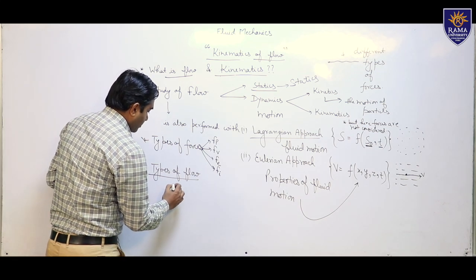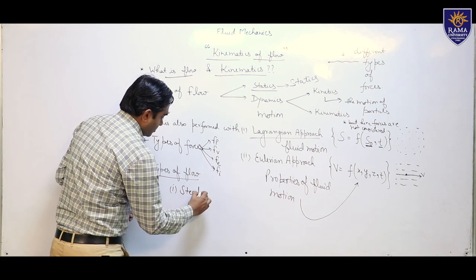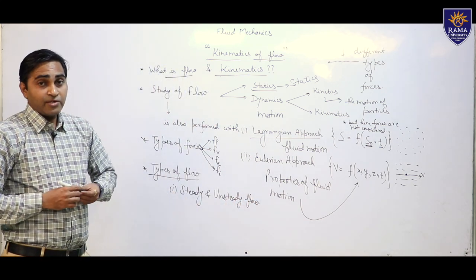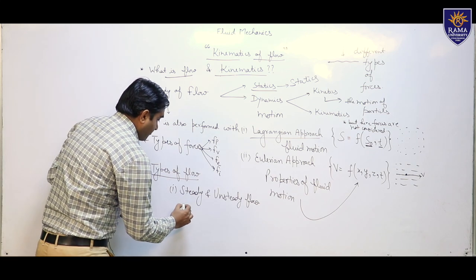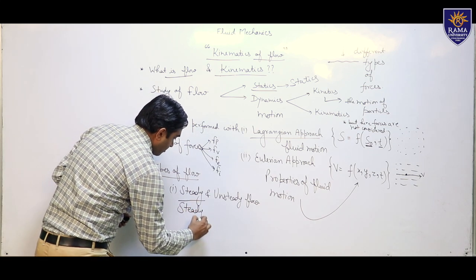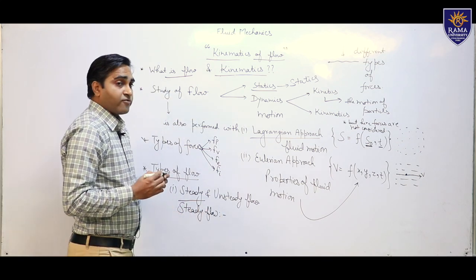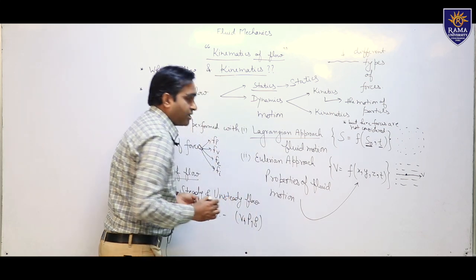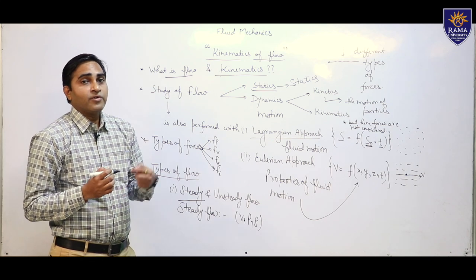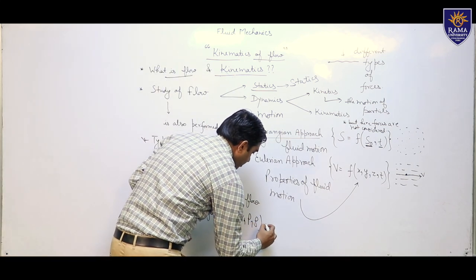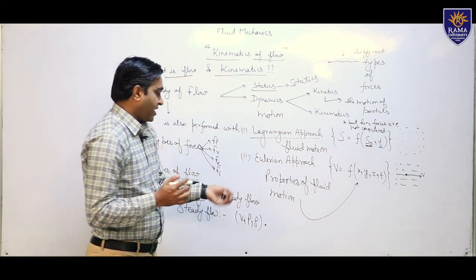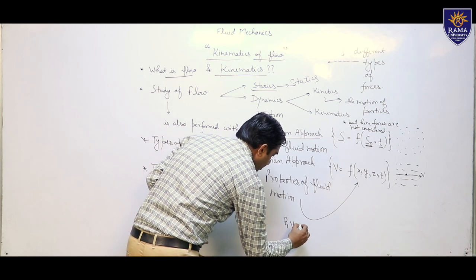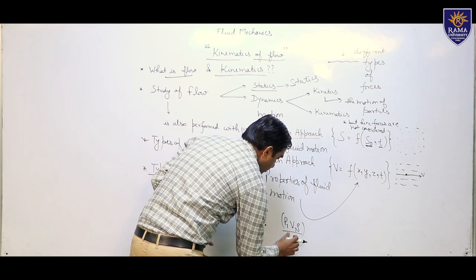Now we have to understand the types of flow. In types of flow, the first category is known as steady and unsteady flow. First start with steady flow. In steady flow, the fluid properties, for example velocity, pressure and density, are constant with respect to time. Therefore, we can represent these properties mathematically as the derivative of P, V, rho with respect to time